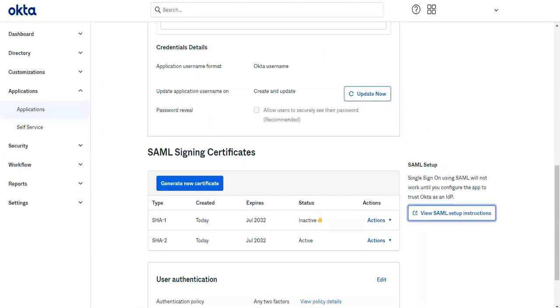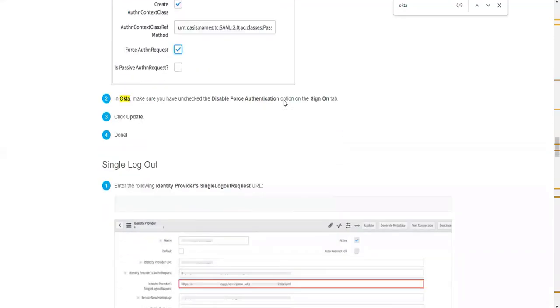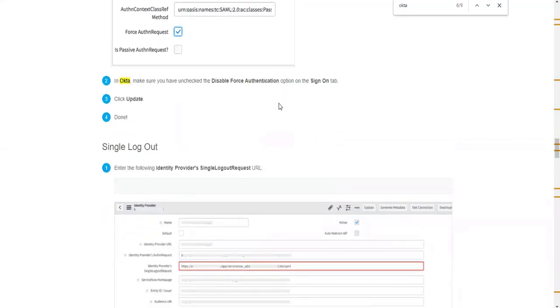This is for my tenant. You don't think that this is a common knowledge base article that is available in Google? No, this knowledge base article has been built specifically for our organization. That's why I'm saying my dev instance, my Okta instance name is here.